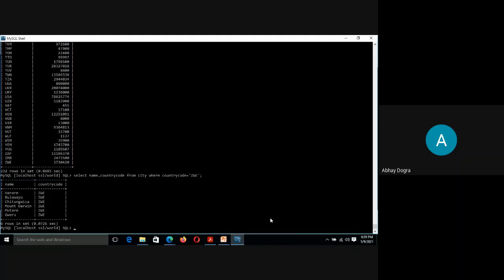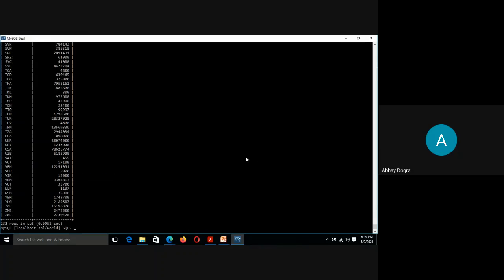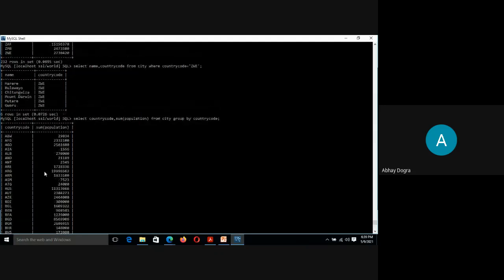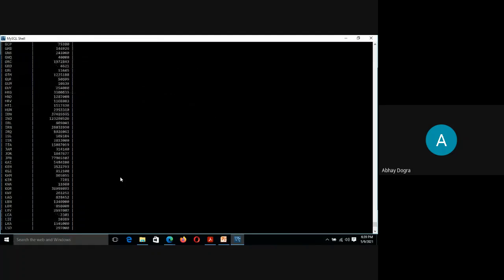Yeah, okay, that's right. So now you can see here there are many cities with the same country code, right? So what we did in group by is, we grouped them and gave the total population of the groups. Like ZWE, whatever cities there are of ZWE, sorry, cities, their total population is this.